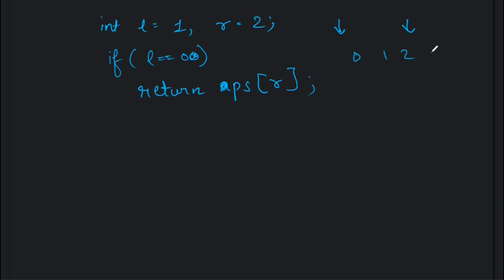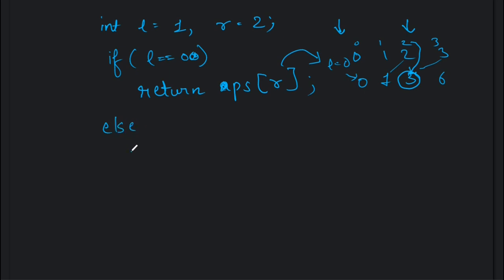Like indexes 0, 1, 2 and 3. So partial sum of this will be 1, and then we will add this 2, which will be 3, and then add this 3 and write here, which will be 6. So if it asks us for something like the partial sum up to this index 2, we can simply return 3, if L is equal to 0 in that condition. So this is the example of this condition.